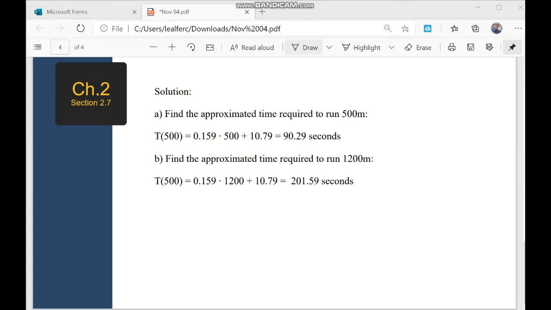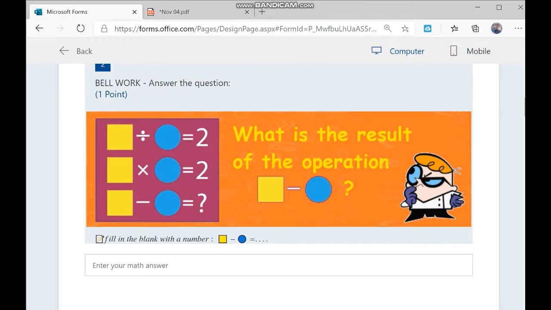We just finished chapter 2 with the last topic, applications of functions. Now, before working on the quiz, let me see, and I think most of you are going to find the right answer for this bell work. What is the result of the operation? The number represented by the yellow square minus the number represented by the blue circle equals to